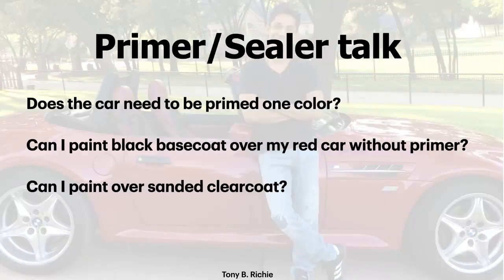So say you had the red car in back of me, the BMW, and we had 25% bodywork spots with prime spots all over. And you wanted to just completely color change it. So what I would do is just